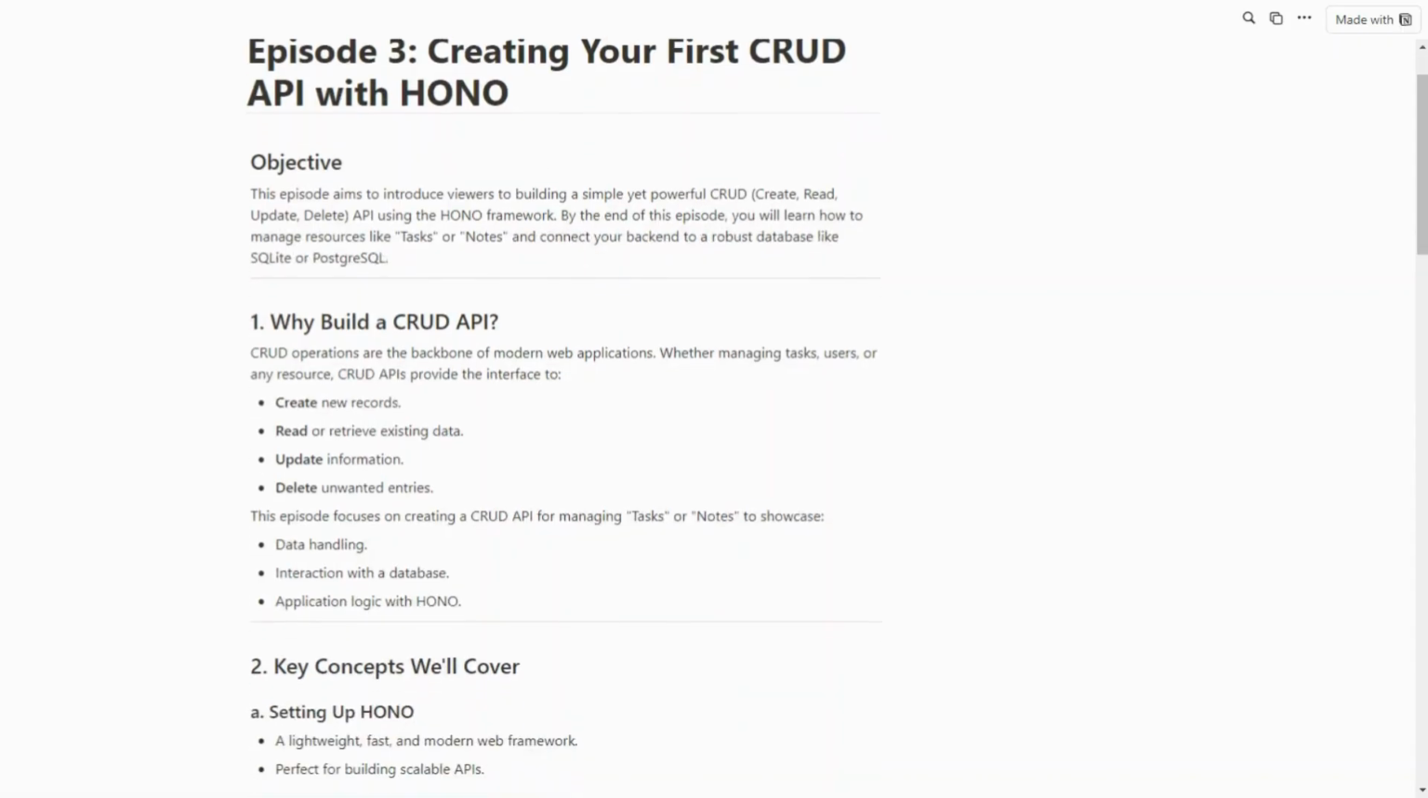And today is episode 3. We'll be looking at creating our first CRUD API using Hono. The objective behind this is basically being introduced to building APIs using Hono. We're going to be focusing on a task management API, so that basically just includes being able to create a task, update a task, delete a task, and read